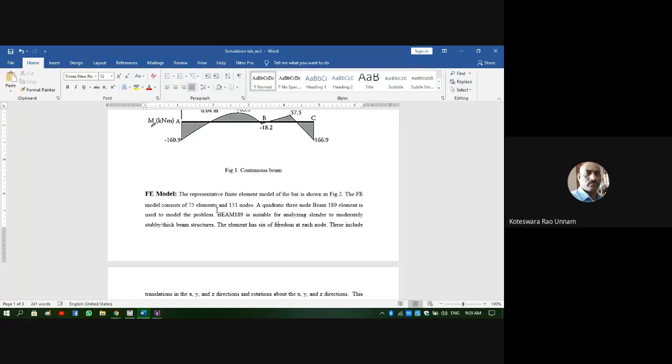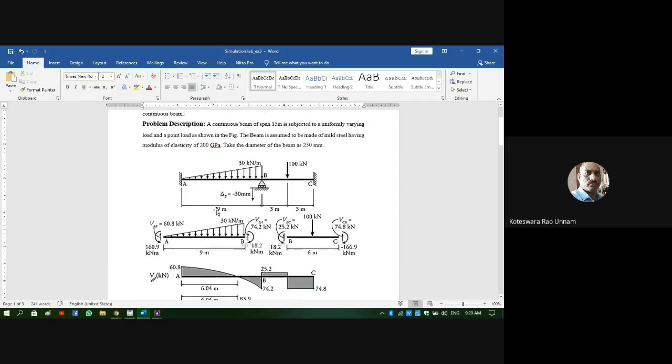Based on how the displacement varies in an element, we classify the elements into lower order and higher order elements. Anyway, that is theoretical concepts, and we are not going to discuss all those things now. Here what I want to say is this is a 189 element having 3 nodes per element. Of course, the degrees of freedom are the same as your 188: 6 degrees of freedom, 3 translations and 3 rotations, in the case of 189 also.